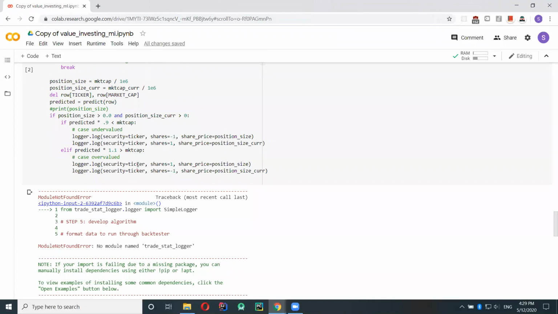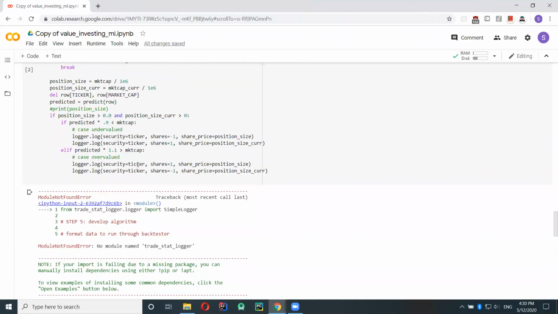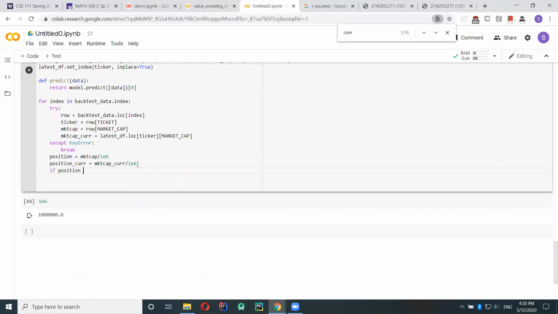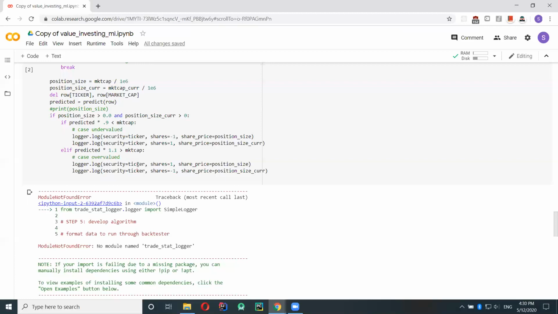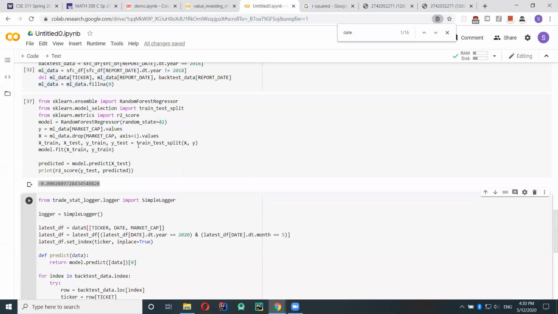Okay, now we want to... Sometimes there's not a lot, like if you remember before, we filled in all the not a number values with 0.